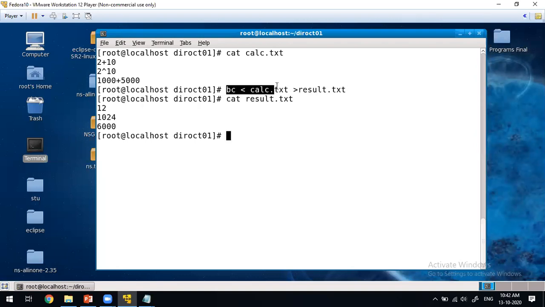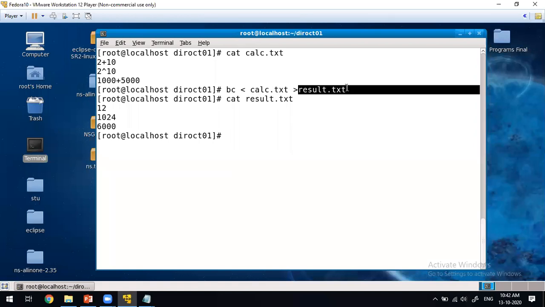The standard input file is calculation.txt, because it is read from the hard disk, and the standard output is written to result.txt. This is one example of using both standard input and output at the same time.